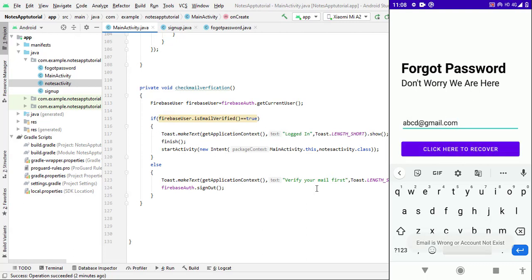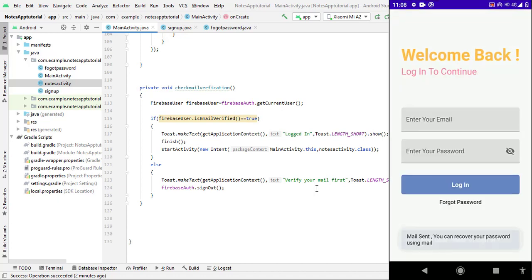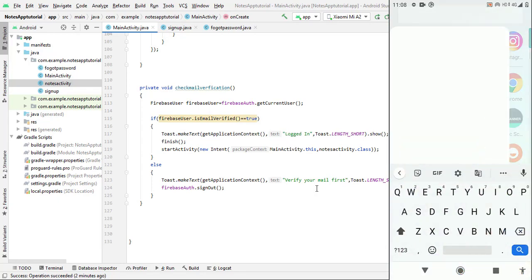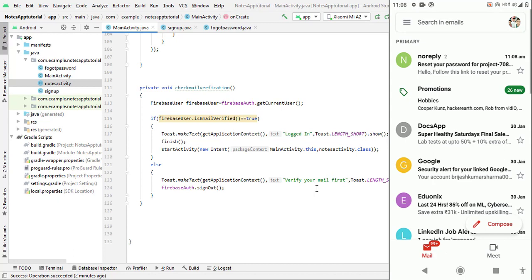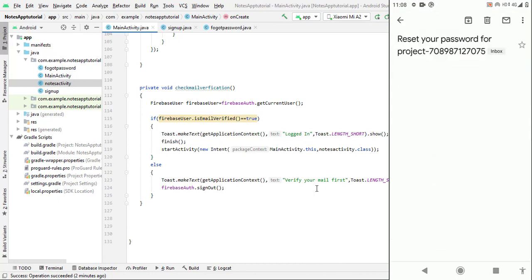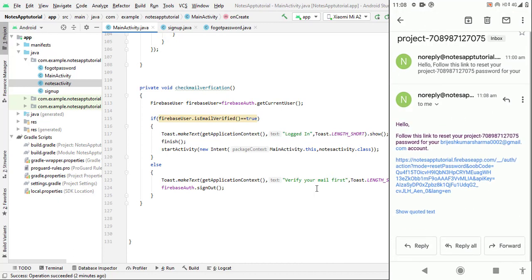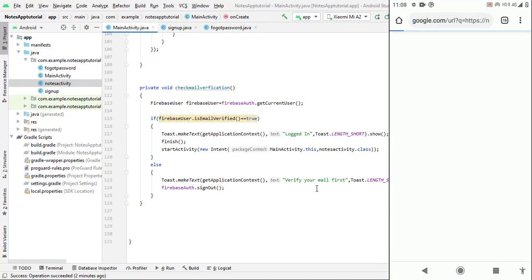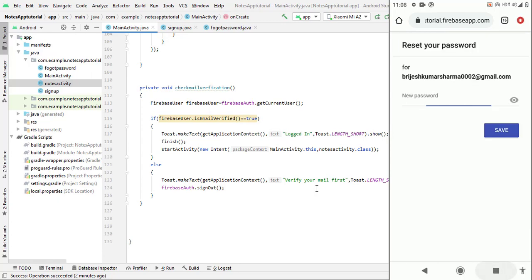And if I enter the correct email, then what happens? Let's see. If I click here to recover, you can see mail is sent, and I successfully come to the login screen, and now I can recover my password. If I open my Gmail, you can see the right time, 11:08, and if I click on no-reply, this is my email. If I click on this link, I am able to recover my password. So hopefully you learned something great in this part. I'm not going to recover my password here.